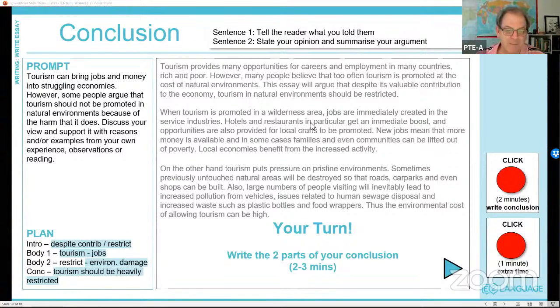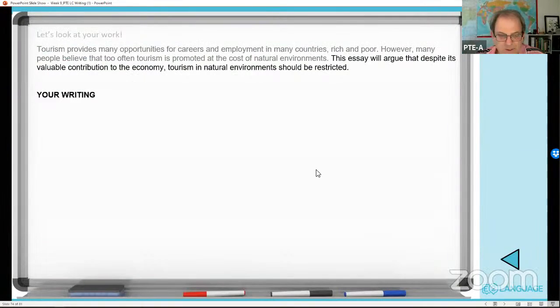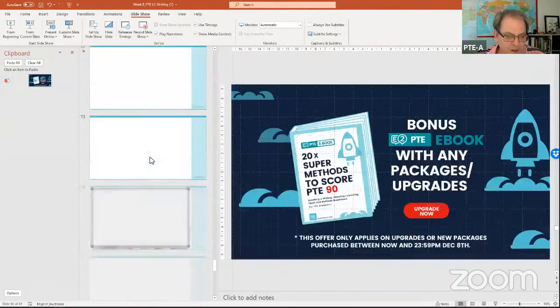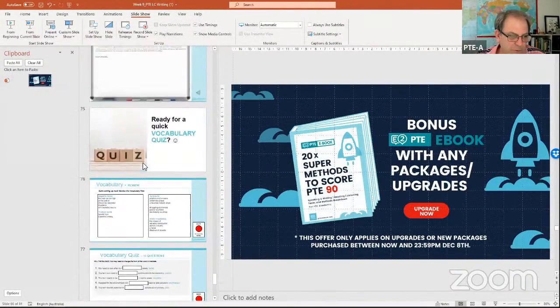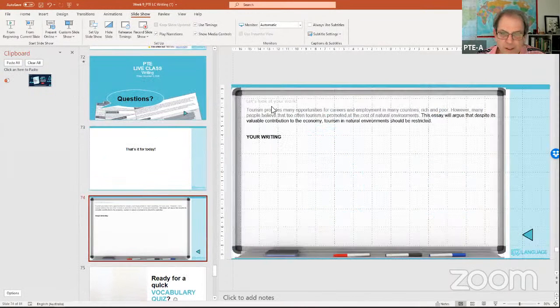Got some good thinking happening and some good writing happening. Well done. So I'm just going to zip through to this part again. This one here. I'm going to just pinch one of our